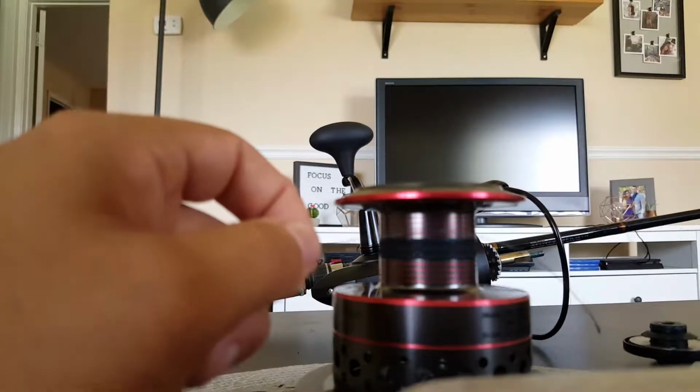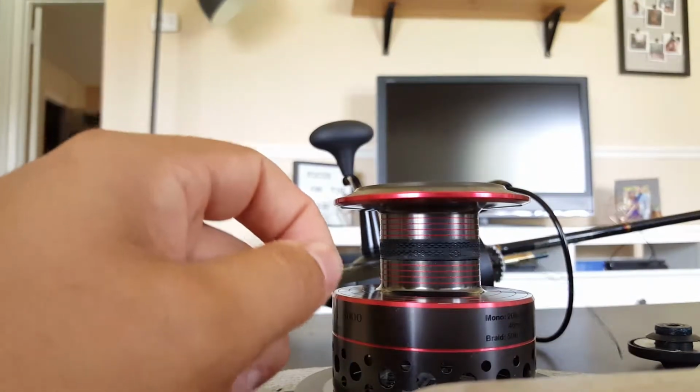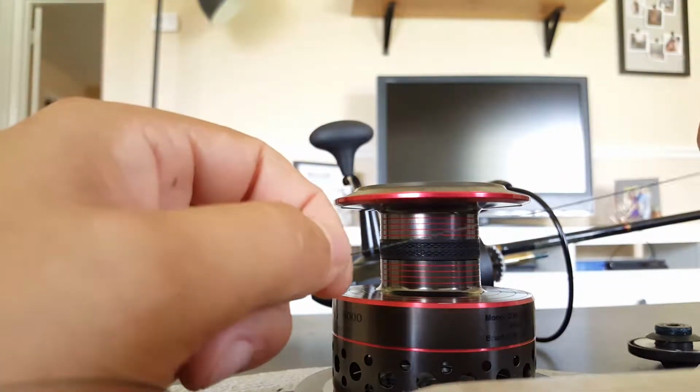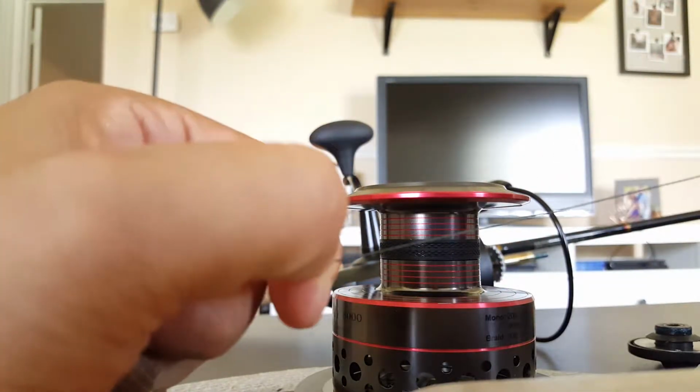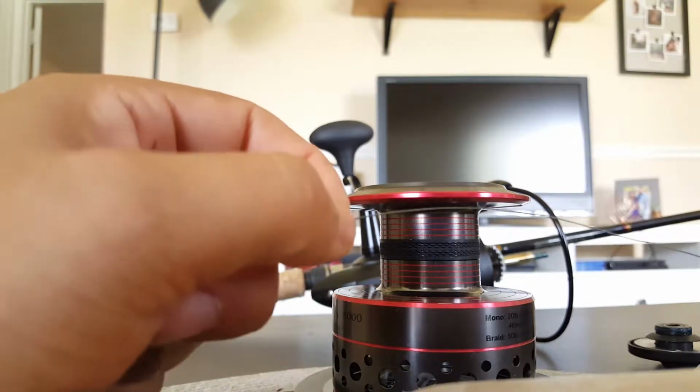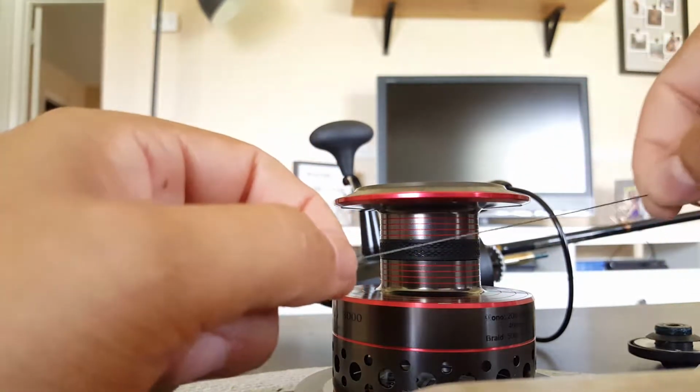Alright guys, today I'm going to show you how to spool a spinning reel without a line twist. This is braided line, 50-pound Power Pro braided line, and I'm going to use this for surf fishing. I'm sure you can do this with mono as well. So first,